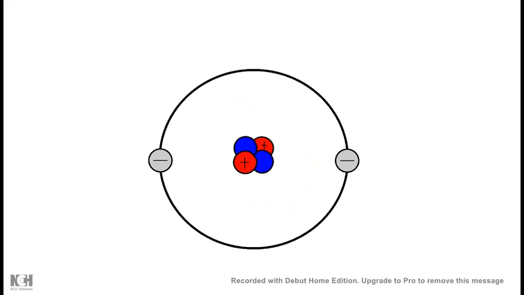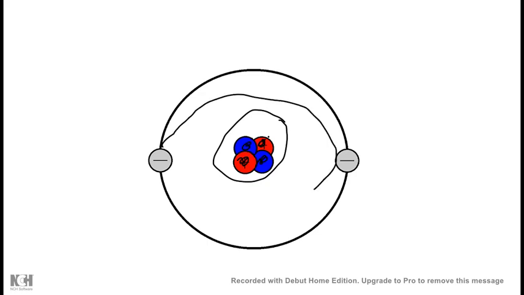Here is the helium atom, and of course we've got two protons and two neutrons in the nucleus, and according to quantum physics then every proton has its electron, making it neutral charge,